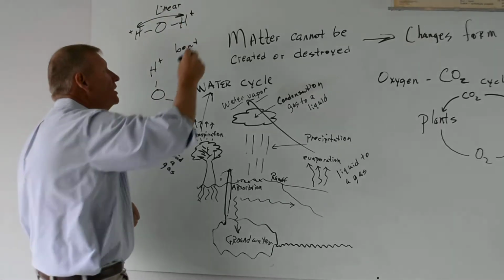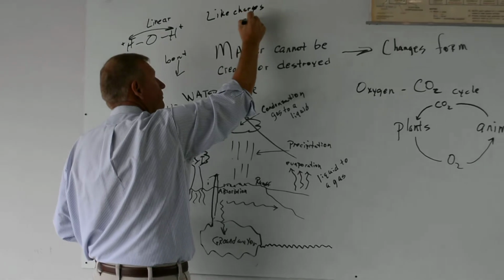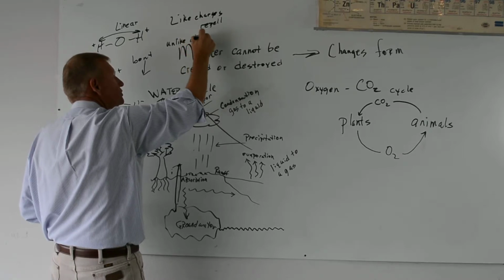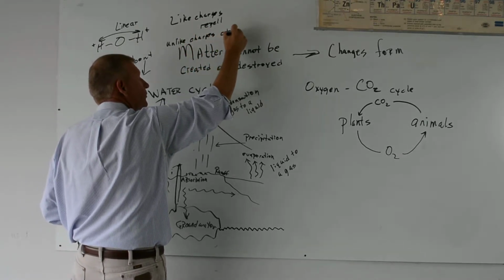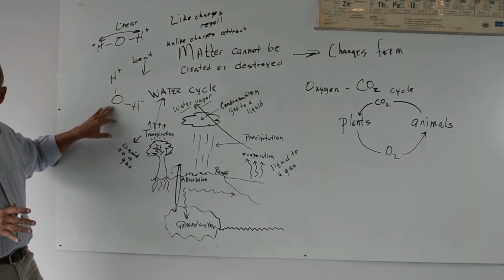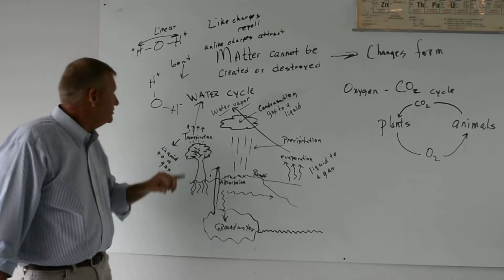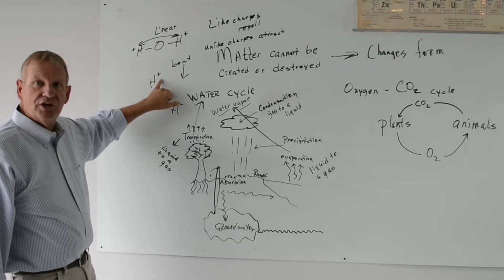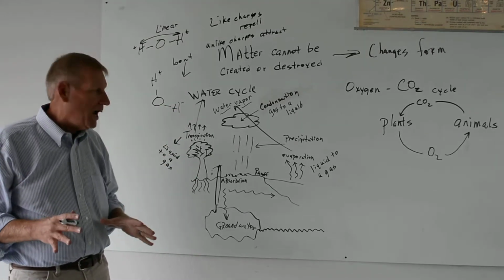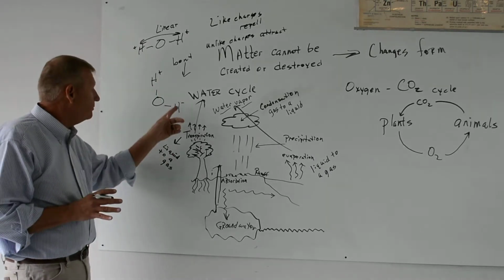So that's important. So now we know that like charges repel, and unlike charges attract. So this is kind of a deal, and I won't expand on this a lot, but with the water molecule, since it's bent, we have a positive and a negative. Well, what kinds of things is a positive going to pick up? A positive is going to pick up all the negative things. What's the negative going to pick up? All the positive, because opposites attract. So all of the positive charges are going to pick up all the negative things, and all the negatives are going to pick up all the positives.